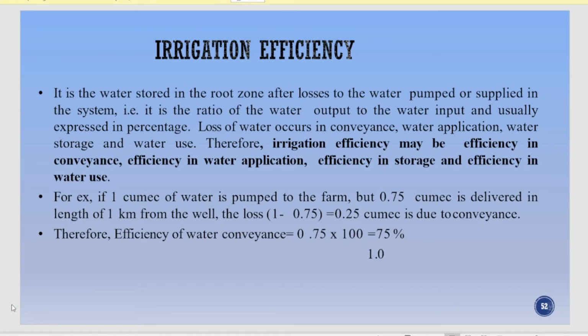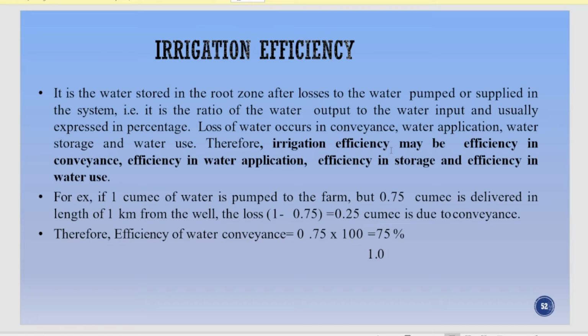After that, you can see the efficiency of storage. Now the efficiency of storage is not left to farmers; it depends on the kind of agricultural field it is. If the soil beneath has a capacity to hold or store the water, more water is stored in the root zone, and the frequency with which you apply water will get reduced. So basically the type of soil and the climatic condition will explain the efficiency of storage.